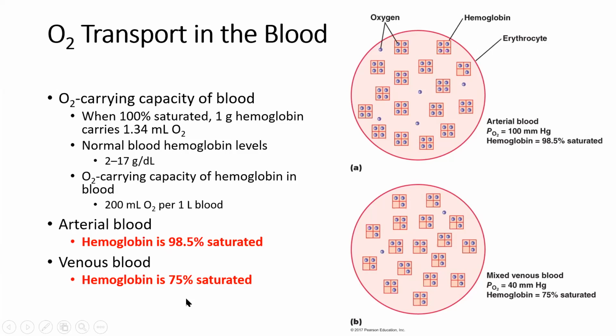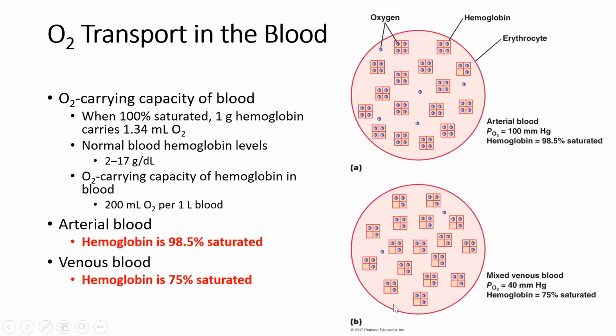In other words, hemoglobin is never fully saturated at 100. It's never completely empty at 0, but it actually fluctuates between 75% saturation and about 98.5% saturation as we go from our venous blood, where it has less oxygen, to our arterial blood, where we see more of those hemoglobin